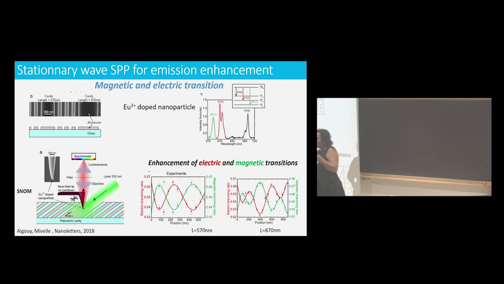So remember, what you describe with plasmons is always local. If you want to see the field, which is at the surface, you have to look very close to the surface. That means that you cannot do it with a normal microscope. So you have to do it with a SNOM, a scanning near field optical microscope.